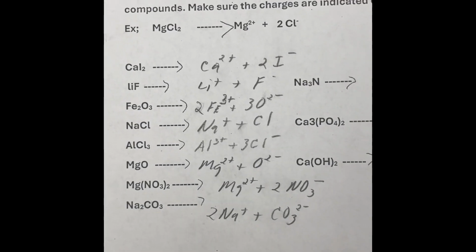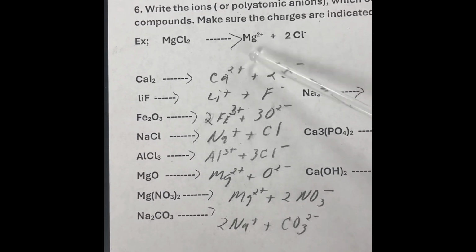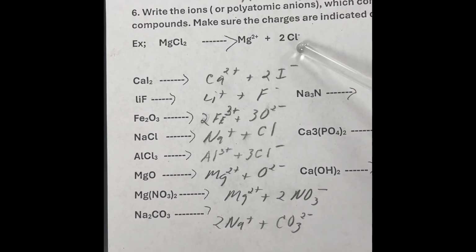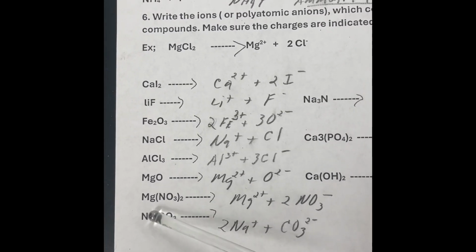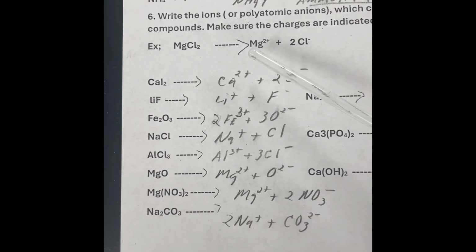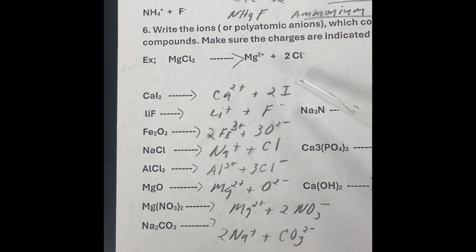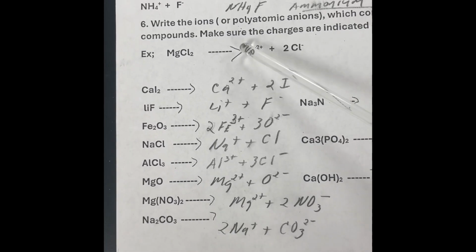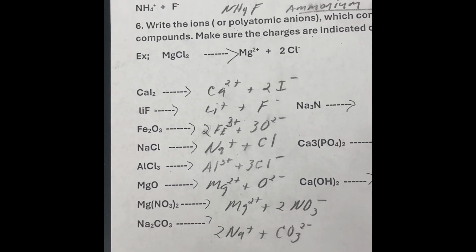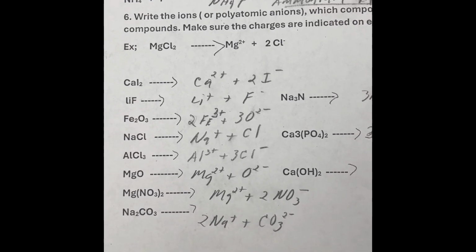Now, we are asked to show the ions that would be released. Just think of these as putting these ionic compounds into water, and they would be released as a cation and an anion, but we need to remember that we need to put the proper number out in front so we don't break the law of conservation of matter.